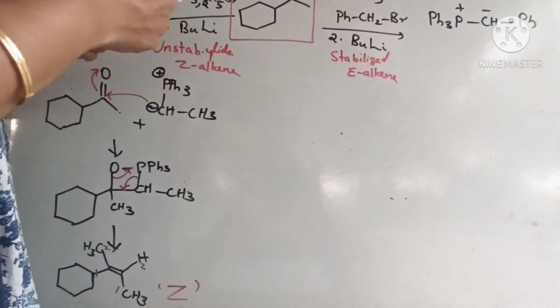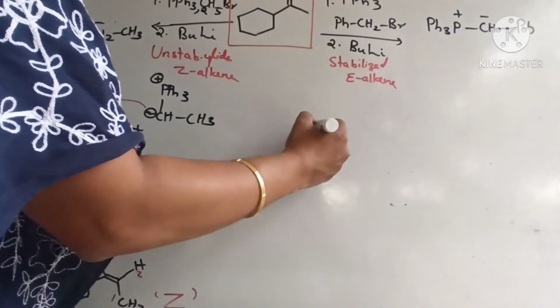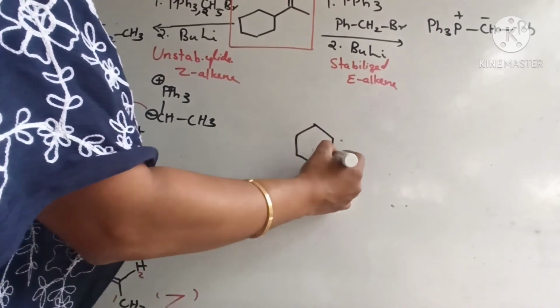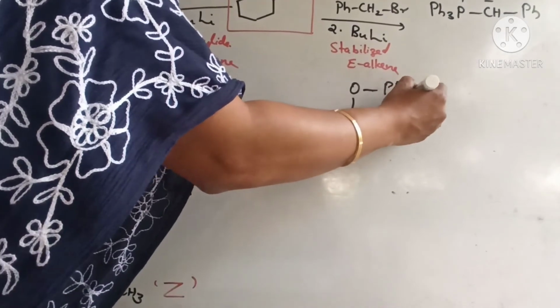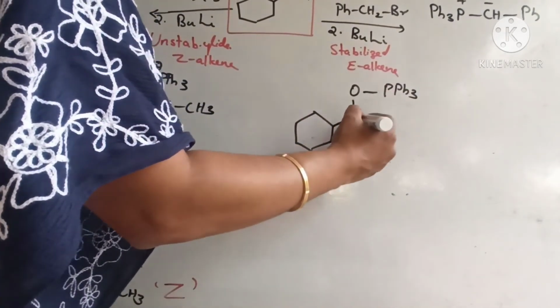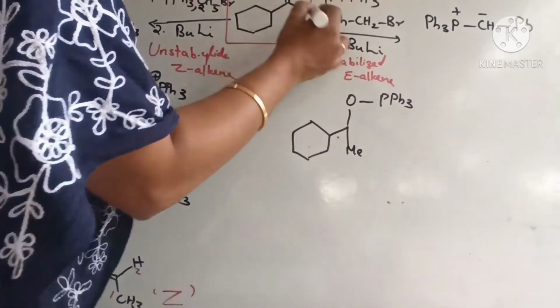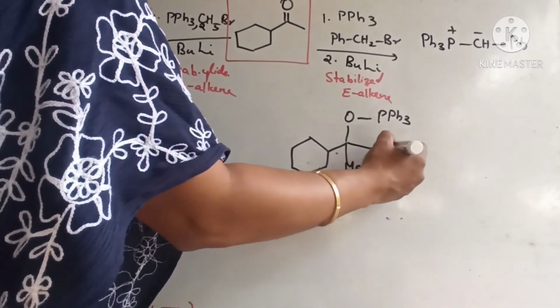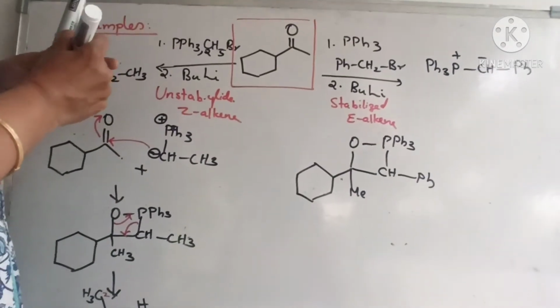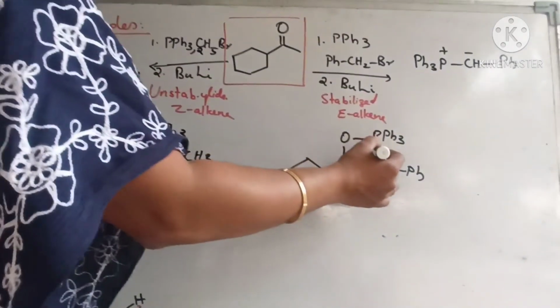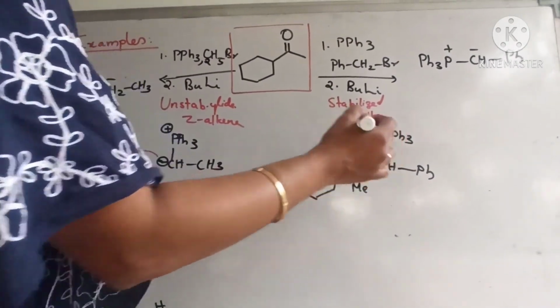Now let us discuss how this will be reacting. So first of all you can write the cyclic intermediate very easily. This will be OPPh3. Okay, then one methyl group is already over here in the substrate, this one, this is CH, Ph, right? Now you have to show the ring opening. How will this be opening over here, like this.